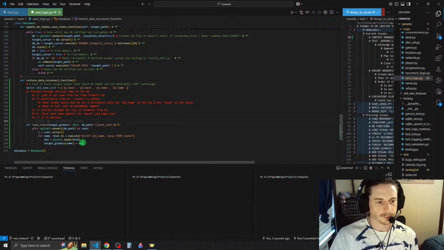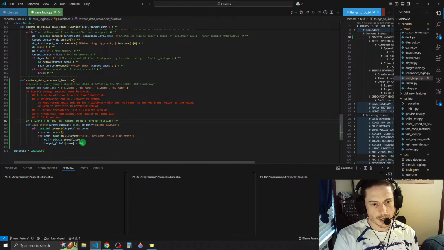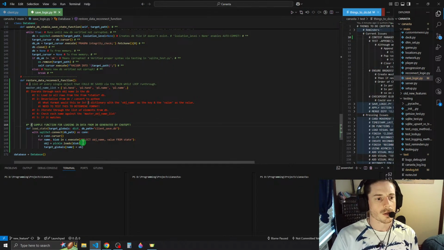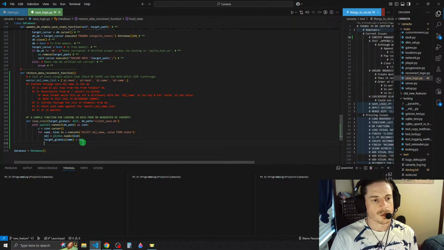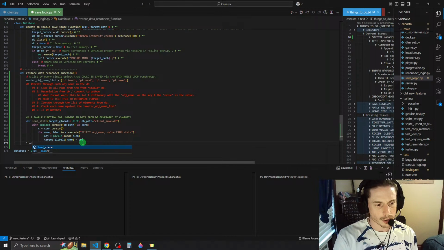Okay. Just put in a sample function for loading in data from the DB, generated by ChatGPT. Alright. And then eventually we would call load state and we would literally just pass in globals. That's what I don't understand.